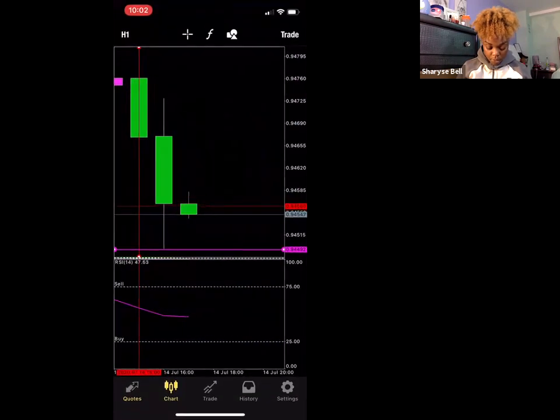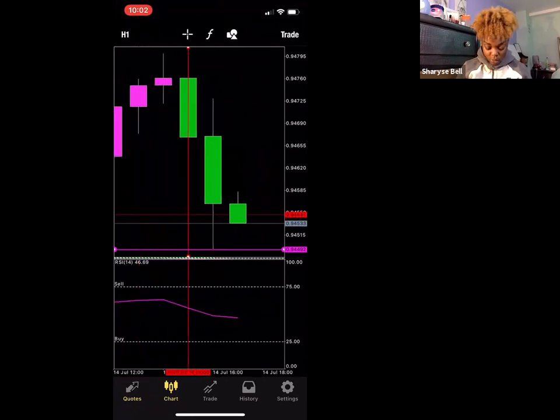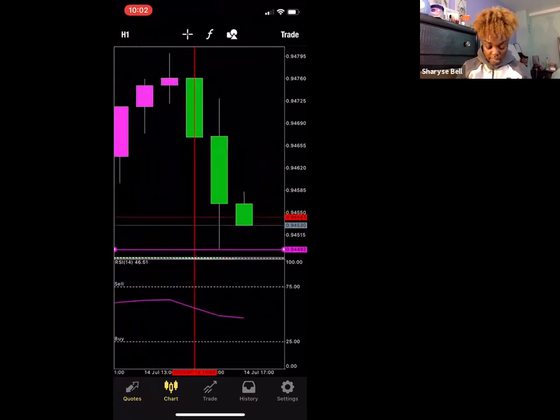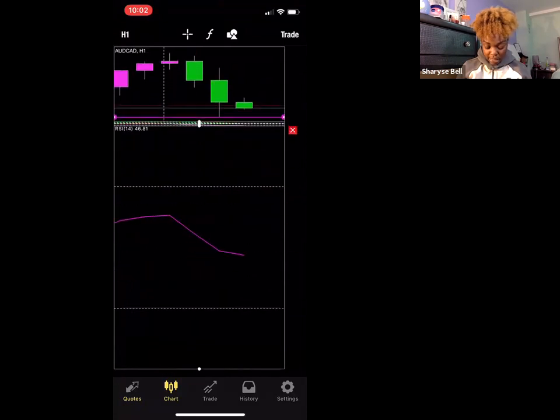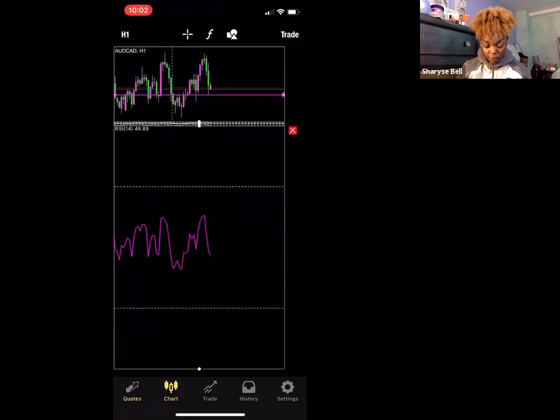All right, bet. If nobody has any questions about candles, I'm going to keep it moving, and we're now going to get into the RSI. Now your RSI at the bottom of your screen stands for your relative strength index. Really and truly, your RSI is one of the most basic indicators when it comes to trading Forex. Relative strength index is basically showing you the balance in the market,